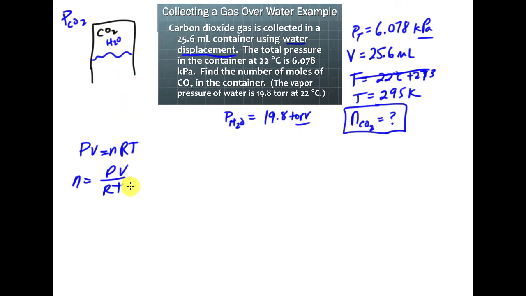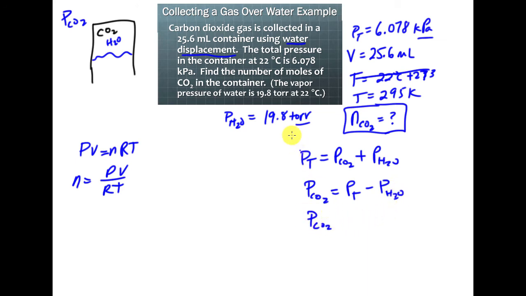All right, so how do I get that partial pressure of carbon dioxide? Well, pressure total is equal to the pressure of carbon dioxide plus the pressure of the water. So my pressure of carbon dioxide has to be the total pressure subtracted by the pressure of the water. So I have to get these two in the same units. Now, I'm not going to do this just to save some time here. I'm already going to have these two numbers calculated. You would just do kilopascal to atmosphere. I'm going to convert them both to atmospheres because the R that I'm going to use is the